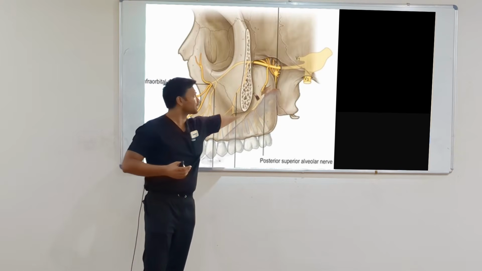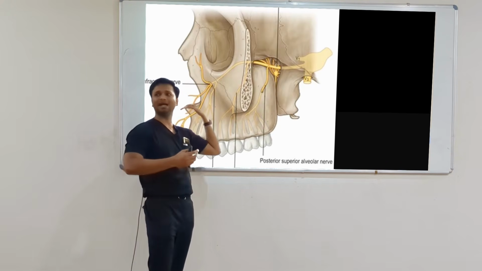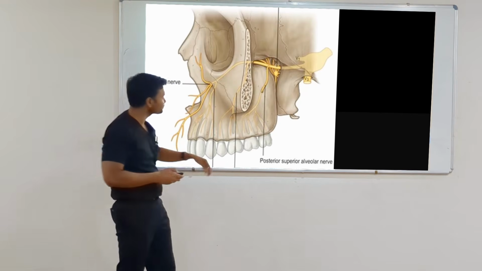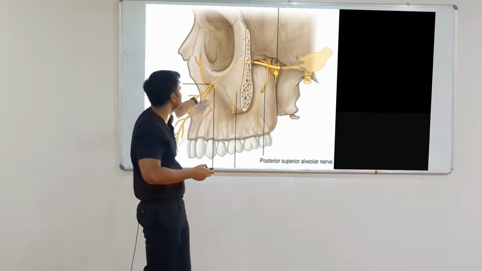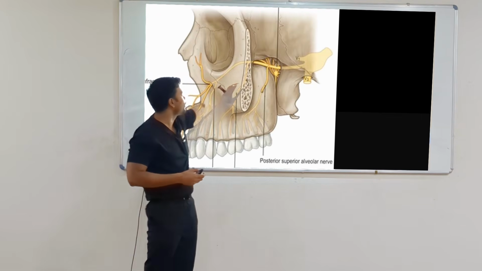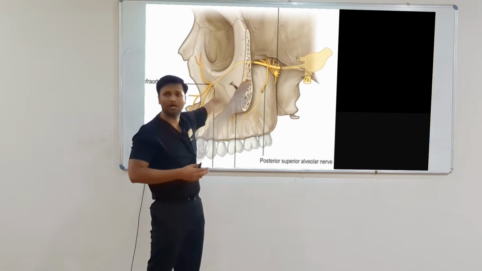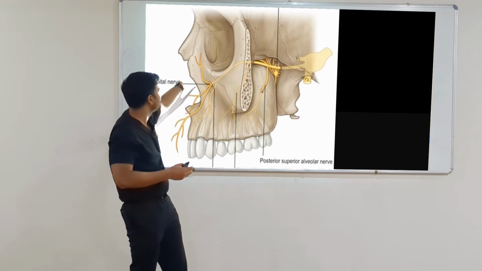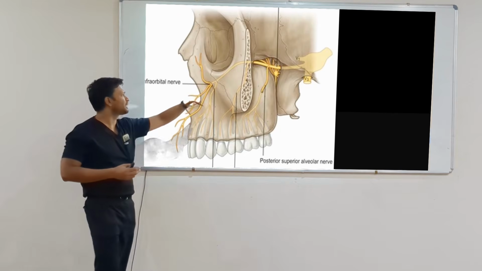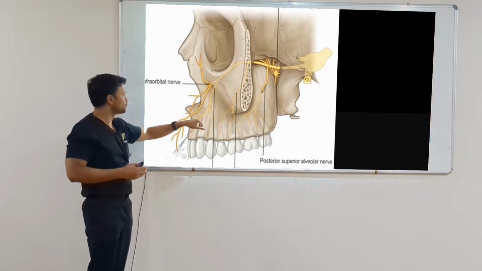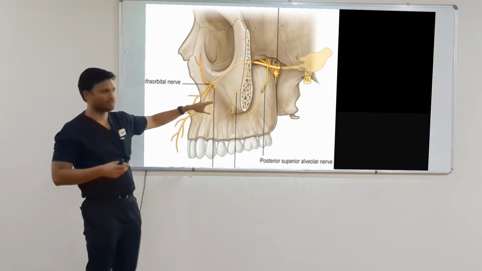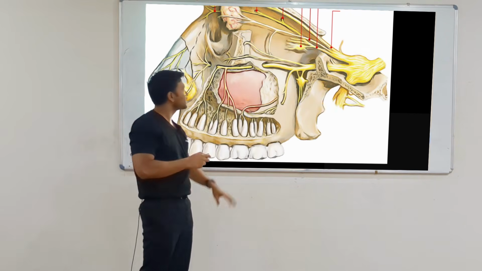Okay. So it comes a little laterally and then enters the maxilla. Okay. From here it goes into the branch that is the infraorbital nerve. It goes into the floor of the orbit and comes out through this as terminal branches that are inferior palpebral, superior labial, and lateral nasal. Okay? So all these things will be useful.